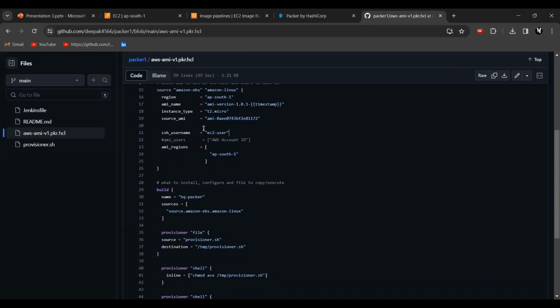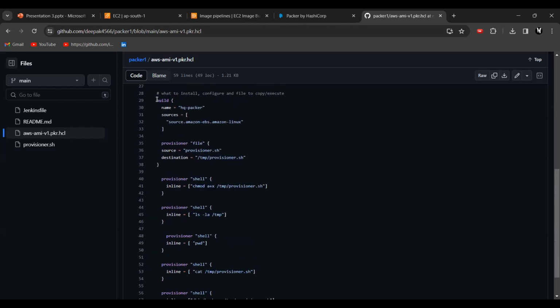Next, you can specify the SSH username so that it will be transparent, and you can always distribute to other regions also. I mean, if you want another AMI in another region, you can just specify, for example, us-east-1.